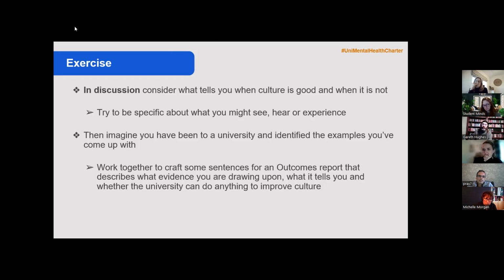Yeah, absolutely, and I think we've seen that in a number. I think you're quite right. If we're in a situation where staff are crying when we start to talk to them about their workloads, that's clearly an example of something which is problematic, to say the least. So that is a very clear thing we can point at. Anything else? Anybody else get any other examples that they'd like to share?